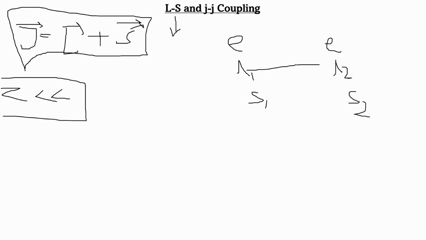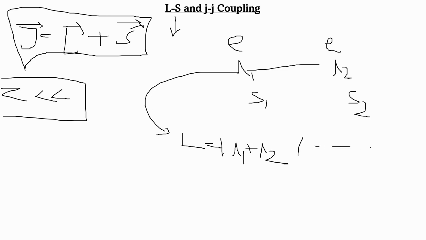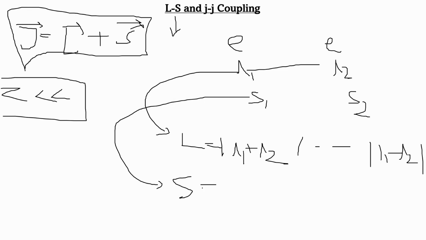First, the two orbital angular momentums will be coupled to form a new total orbital quantum number, which is L1 plus L2 to L1 minus L2. Similarly, after that, two spins will be added. They will form total spin S1 plus S2 to